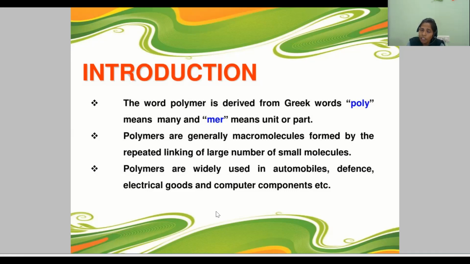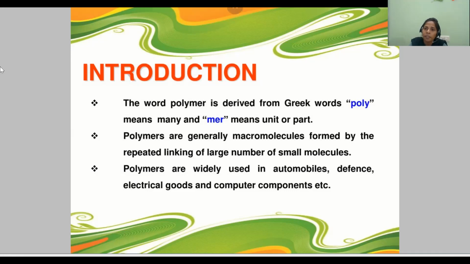And whereas from cotton, we are synthesizing many synthetic polymers, for example, nylon 6,6 and Kevlar, which are used in the textile industry and also in aerospace. Especially Kevlar is used in aerospace. And many polymers are there. Many polymers we are using in daily life and also for commercial purposes, especially in automobiles and in various other places.